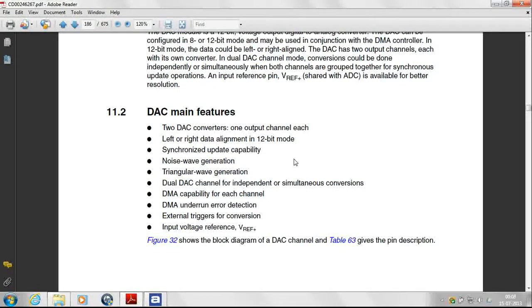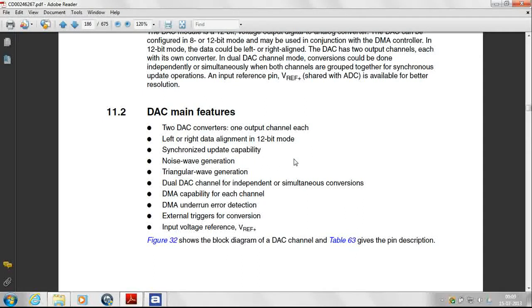Also, for two channels there is a synchronized update capability. Then there is a noise wave generation and a triangular wave generation. The noise wave is generated by using LFSR. We have a DMA capability and DMA interrupt for an underrun error detection. Then we have external triggers for conversion.